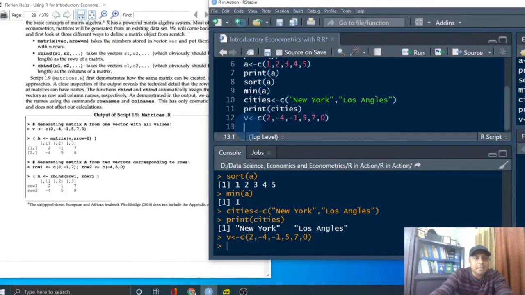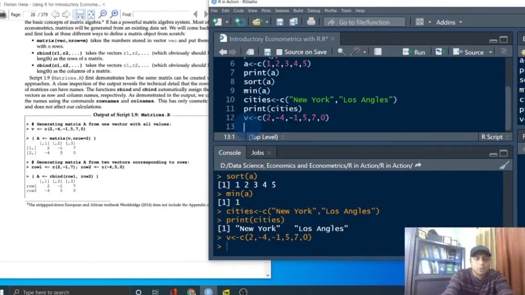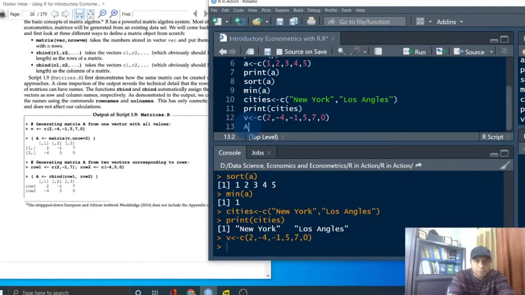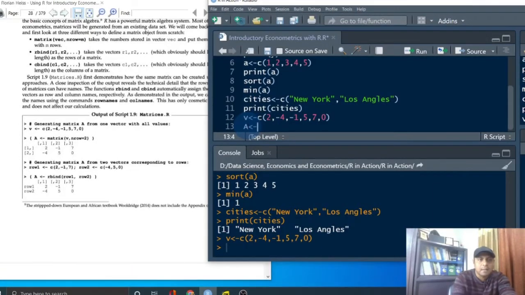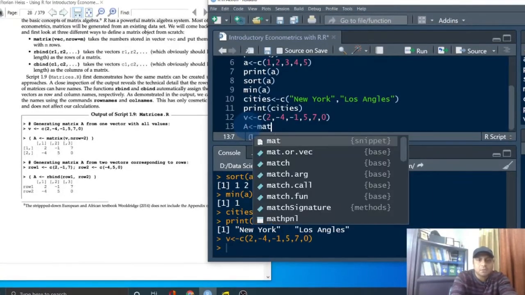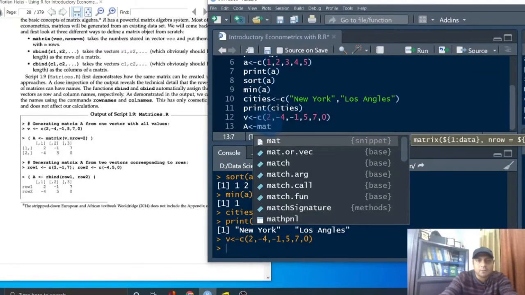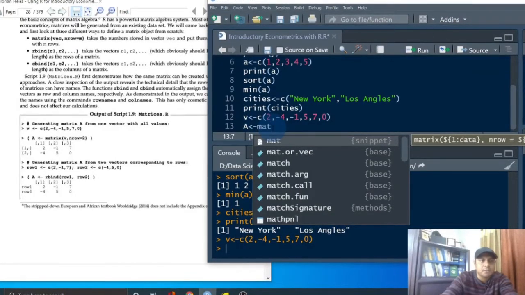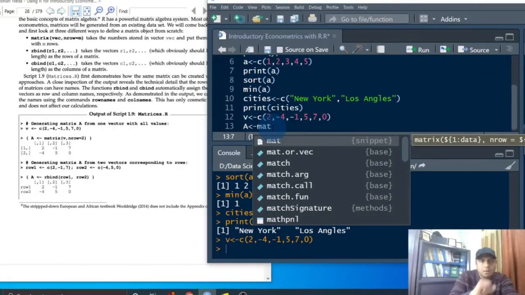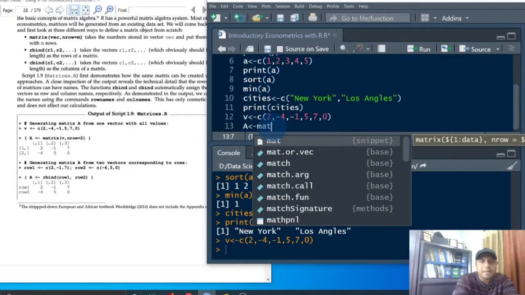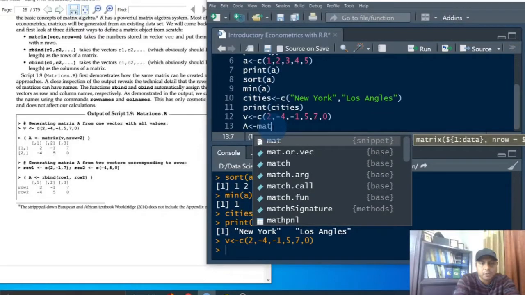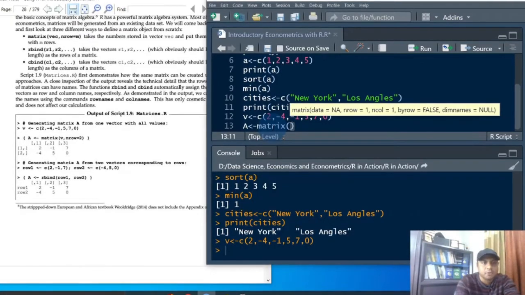Now assuming that we create another object called A, for instance, and then use the assignment symbol and then a matrix function. In the previous case we used the concatenate function; in this case we are using the matrix function. You see the matrix function coming up.